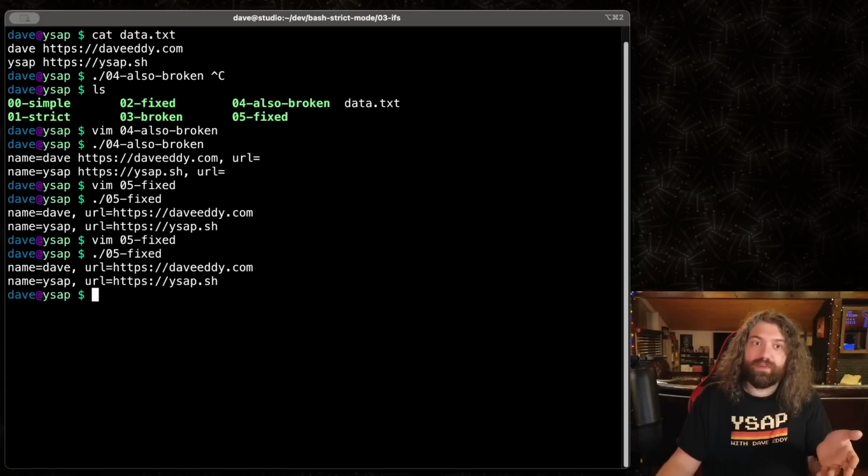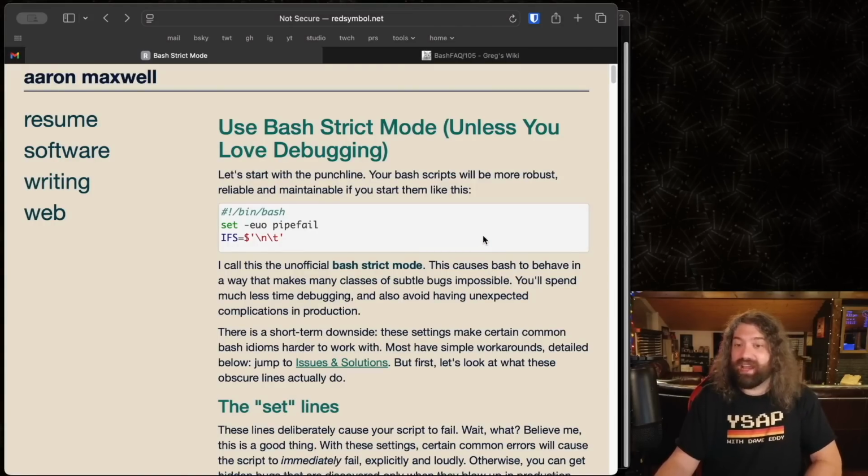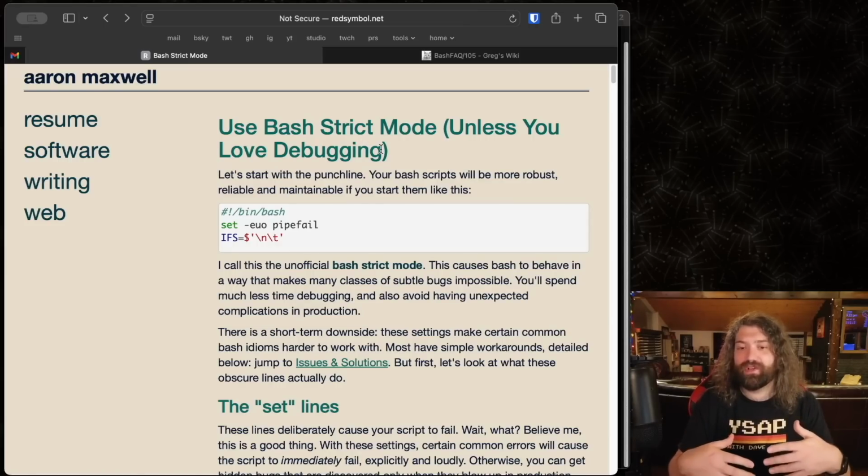That's a shame. The blog post, I mean, I read the blog post. I kind of, I'm going to project a little bit. I could be totally wrong, but I kind of get the feeling some of this was written in anger, and I completely get that. As someone who loves bash, I can completely respect that. And the idea here is unless you love debugging. So it's meant to limit the amount of debugging you do.